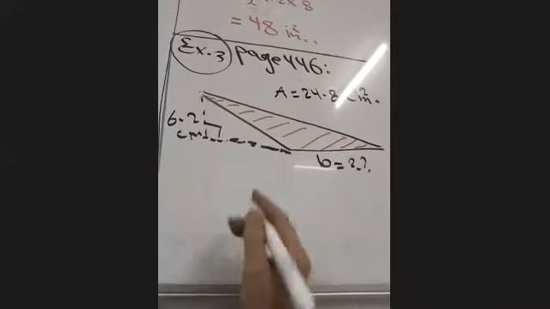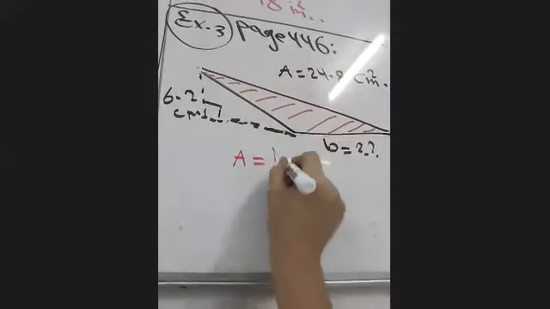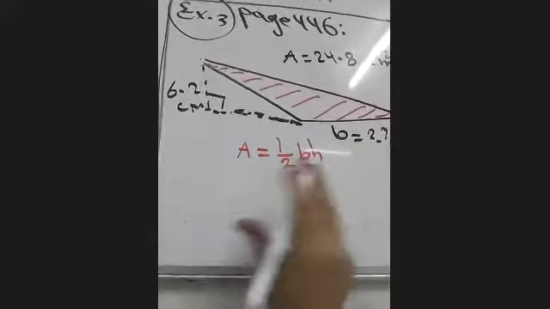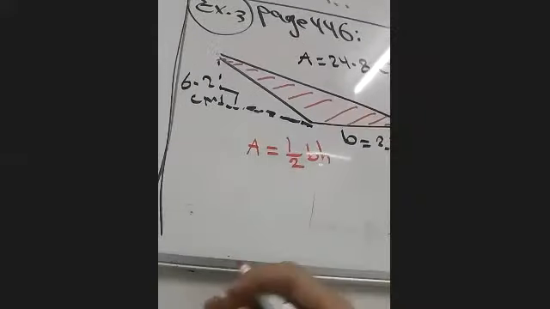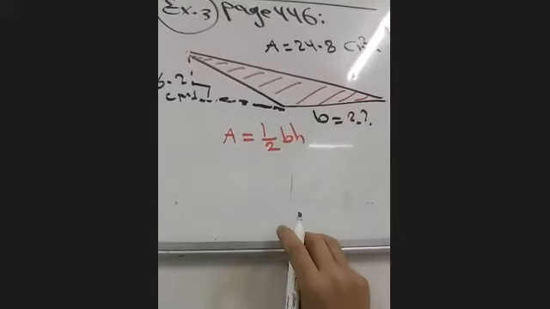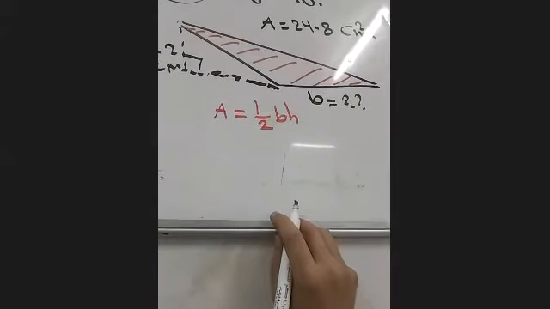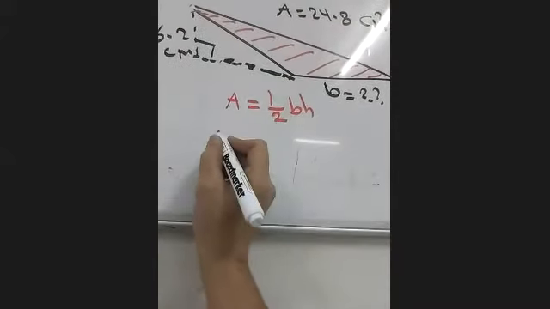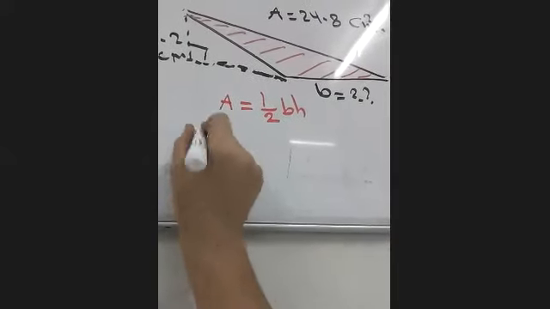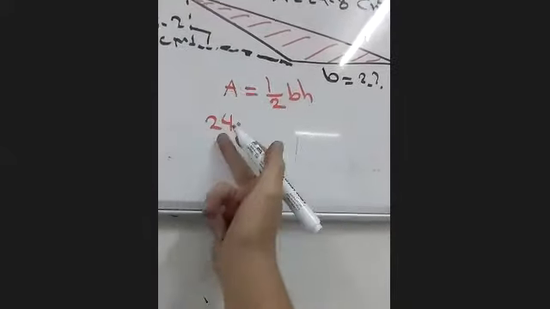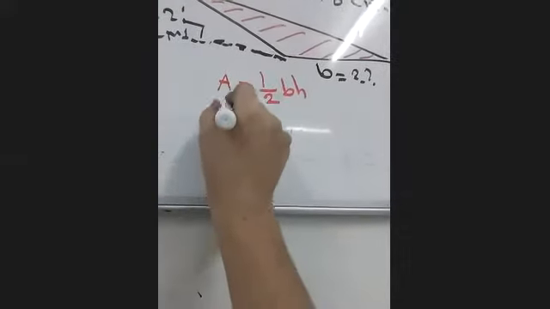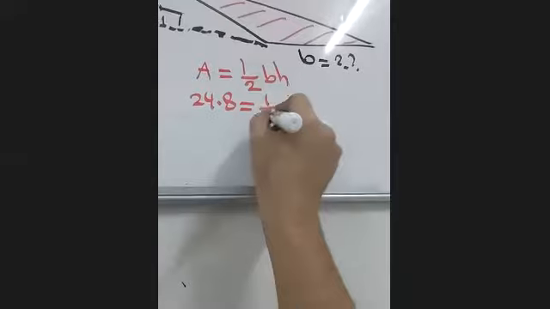Yes. Now, how do we find the base? What will we do? What's the first step? A equals half bh. So first step, guys, we start with the formula, always and forever. Then we replace A by its value: 24.8 equals half multiplied by